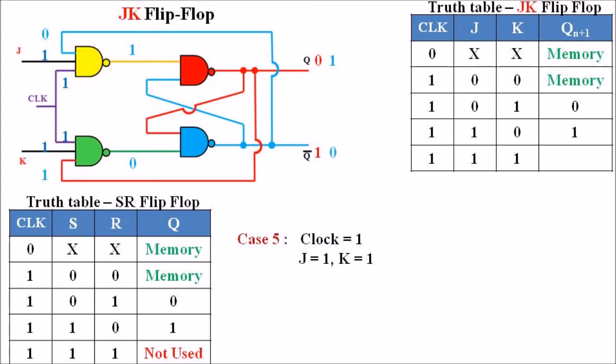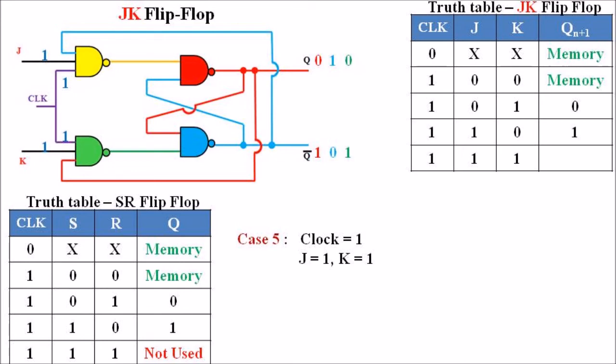So now if we are considering the blue NAND gate, its input is 0. This simply means that if any input value of a NAND gate is 0, then the output will be 1, and this 1 is feeding towards the red NAND gate. Now the red NAND gate's inputs are 1 and 1, and thus the output will be 0. So now the output values have changed again. The Q value has changed from 0 to 1 and then 1 to 0, and the Q complement value has changed from 1 to 0, and now it is becoming 1.